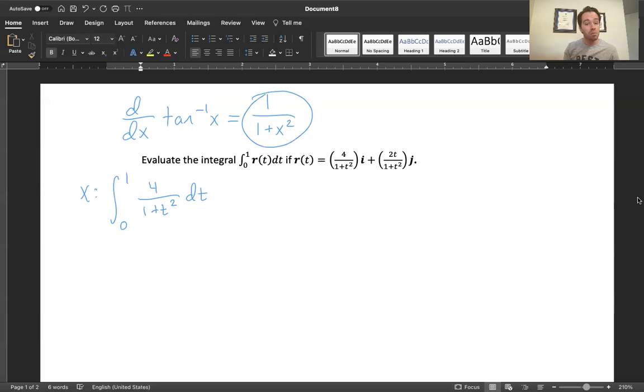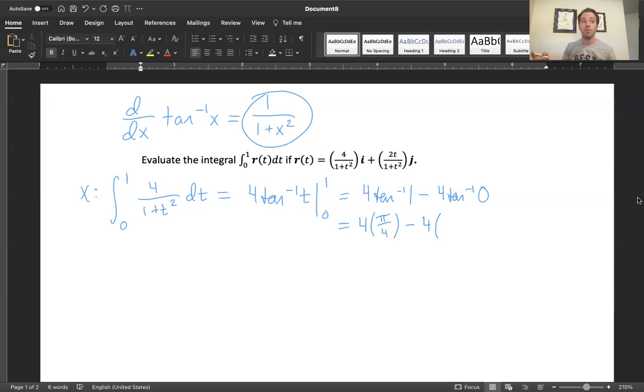It's so close. It's just off by a factor of 4. So really, this is going to be 4 inverse tangent of t evaluated at 0 and 1. So this will be 4 inverse tangent of 1 minus 4 inverse tangent of 0. Well, what are those? Inverse tangent of 1, what has a tangent of 1? It's pi over 4. So this is 4 times pi over 4 minus 4 times,